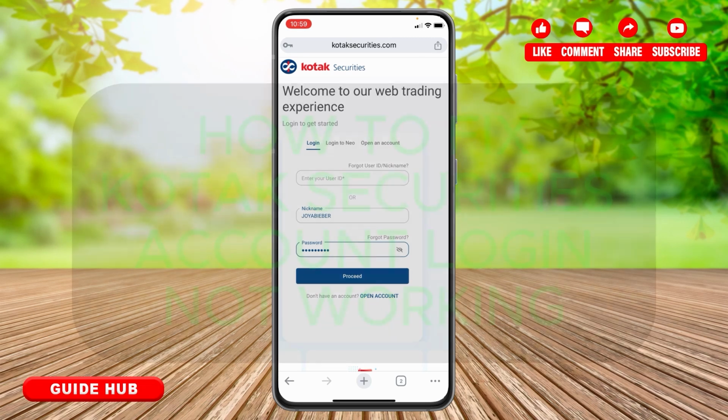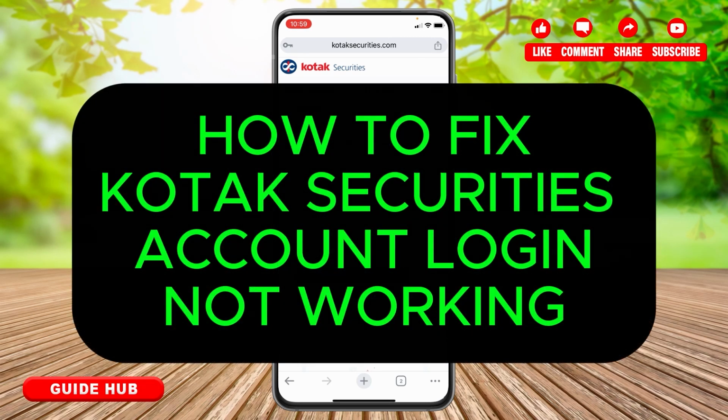Welcome to Guide Hub. Today I am going to guide you on how to fix Kotak Securities account login not